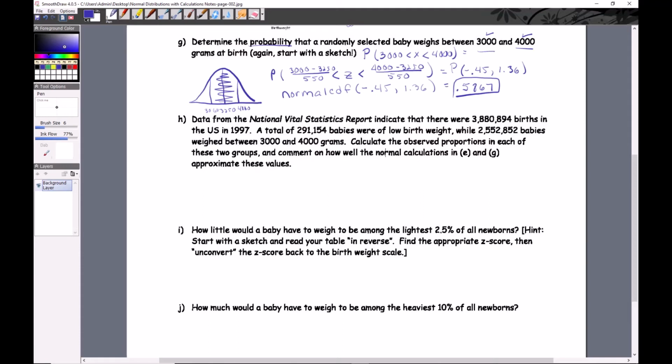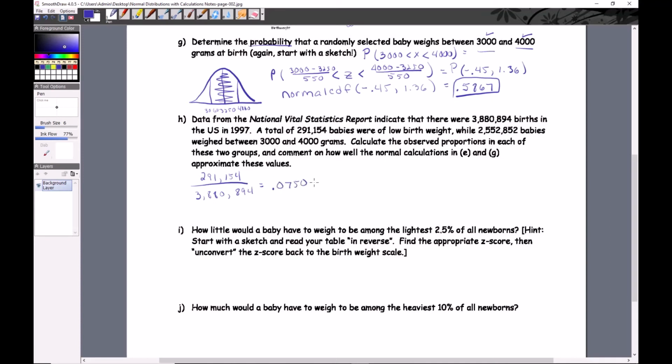Remember, the models are just abstract models that don't actually exist in the real world. We just use them to make estimations or predictions or whatever. So here we have some actual statistics that were measured. You have 291,154 low birth weight babies out of a big total, 3,880,894. And if you shrink that down to just a proportion, you're going to get